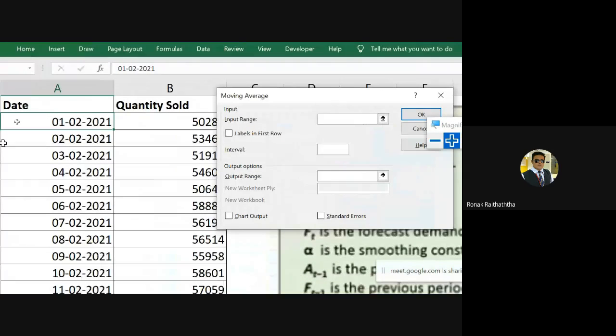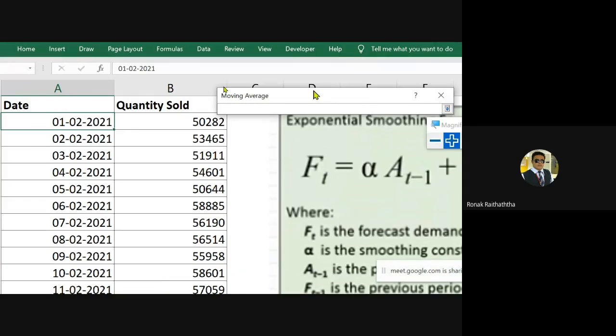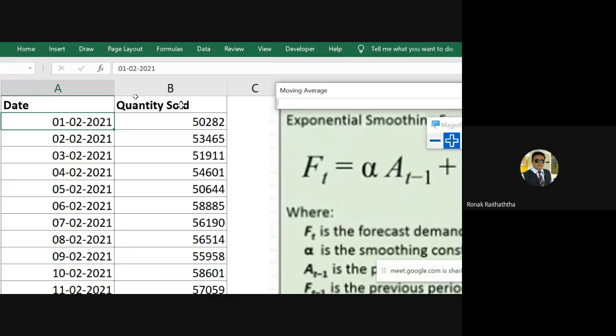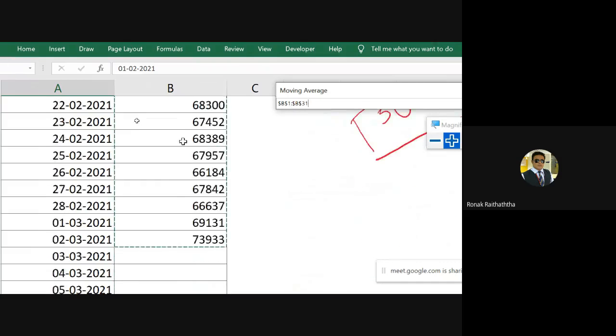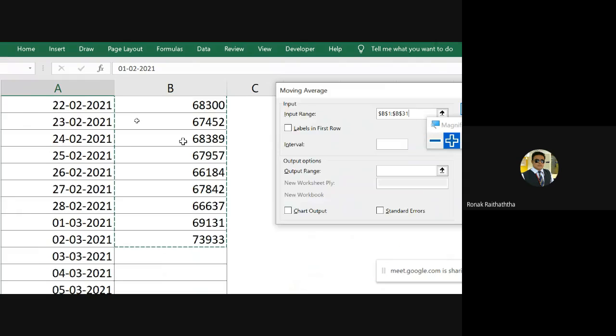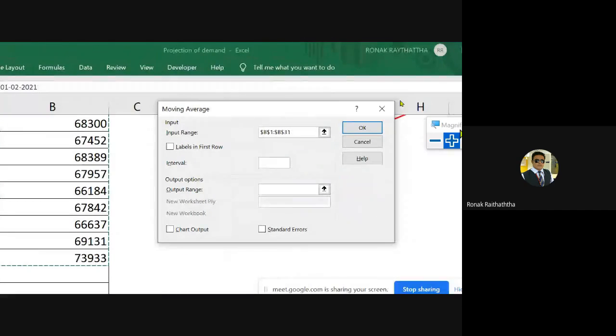Then it asks you what is the input range. Input range is going to be always the historical data I have from which I want to predict something. So I'm clicking on that and I'm selecting including the headings, that's fine. Even if you select the headings, you will have to tick mark over there that you have selected the headings. You will have to go down, control shift down arrow, and select the entire range of the data, pressing enter.